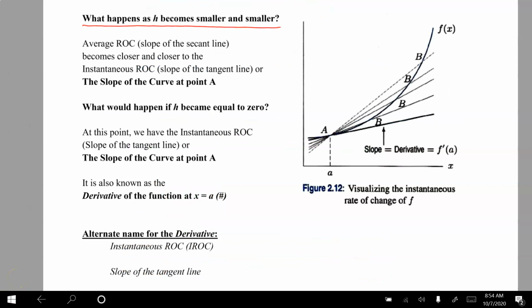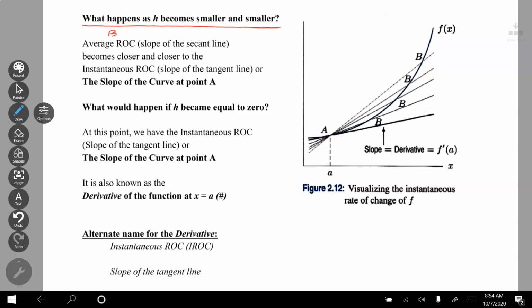So we've done a couple of days of this whole average rate of change formula with f of x plus h minus f of x over h. We haven't talked about h too much. H is the difference between the 2 points A and B. So what happens if h becomes smaller? That means the point B gets closer to point A. If you notice, every time as h gets closer to 0, B gets closer